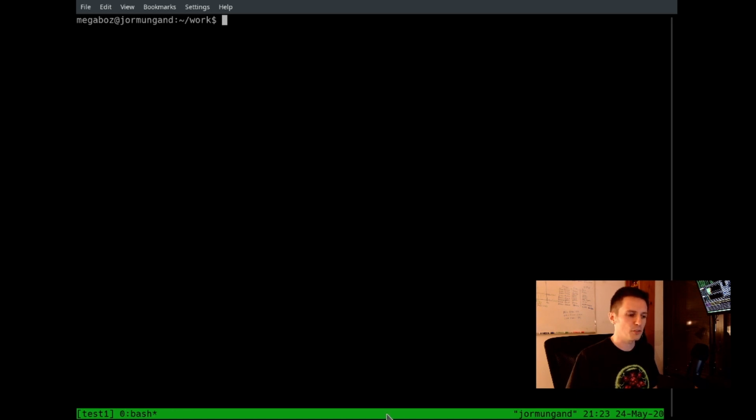of the screen, you're going to get this green bar. Unless you've overridden that, it's going to be a green bar. It's going to have the name of your session on the left here. It's going to report your machine name and the time, the date, and things like that. So if you want to make sure that you're in tmux, you should always see that green bar at the